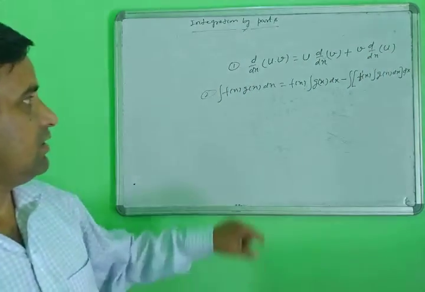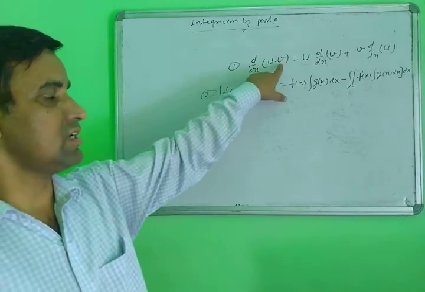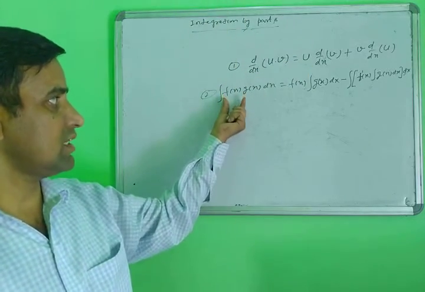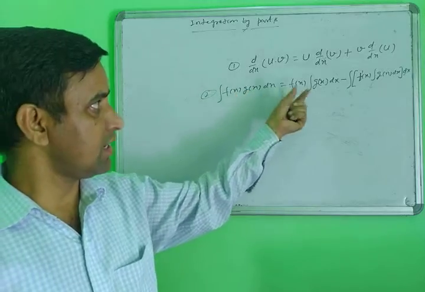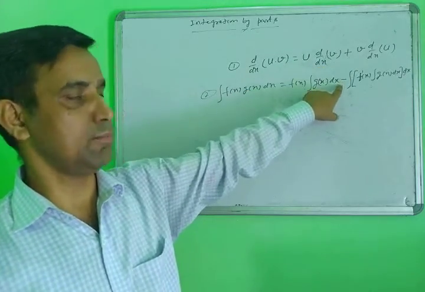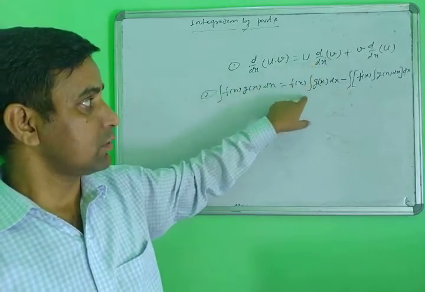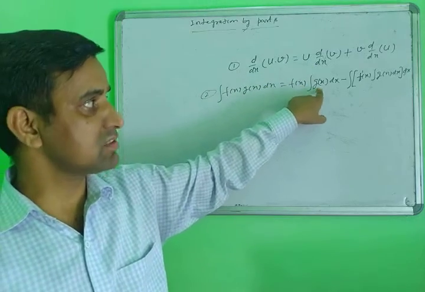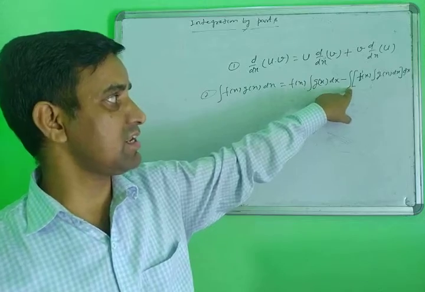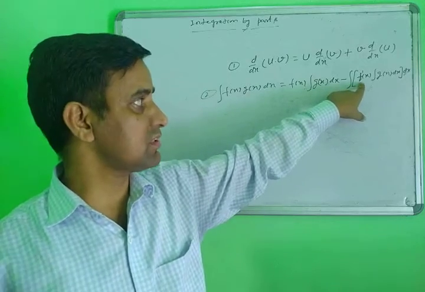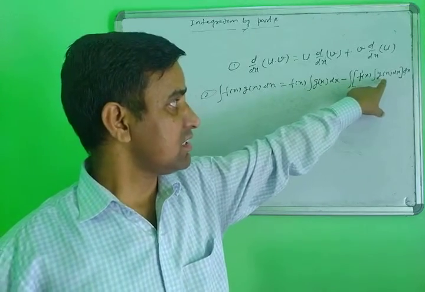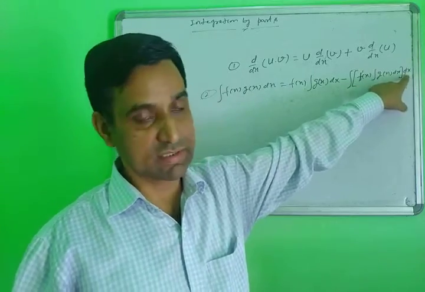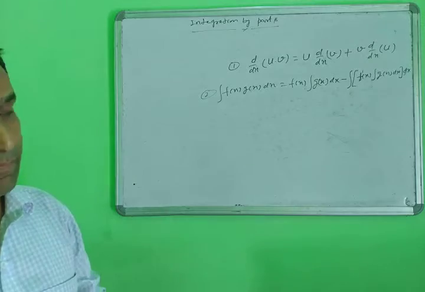In this form, suppose you have two functions in the differential form, this is your identity. Suppose you have two functions in the integration form, then you will use a minus sign here instead of a plus sign, important thing. The rules are different. Here: first function, integration of the second function, minus the integration of the differentiation of the first function times the integration of the second function, and again dx. You will write in this form.